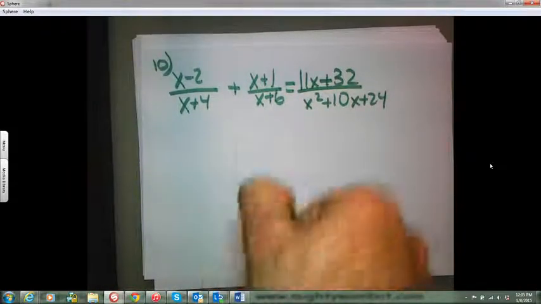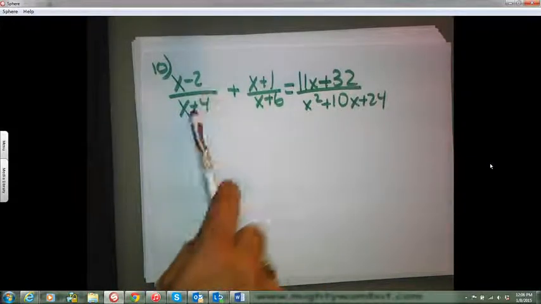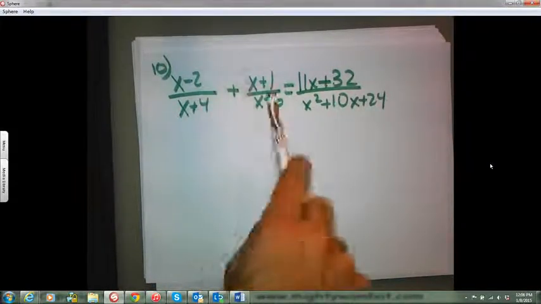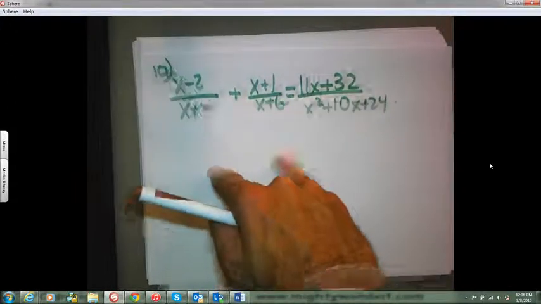However, we cannot cross multiply yet. Why can't we cross multiply? Because this is two terms. We need this to be one term, then we'll be in good shape. So if we could combine this into one fraction,